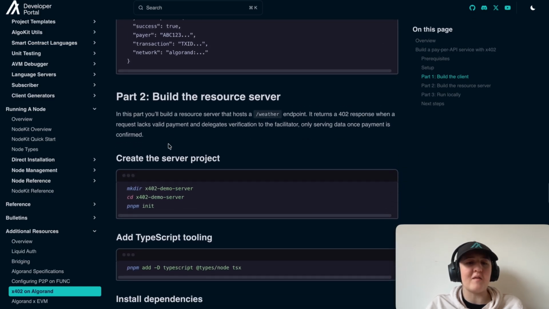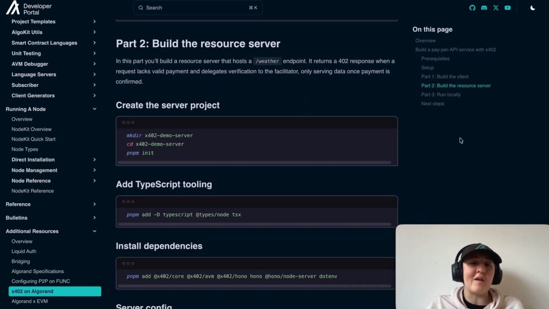And now we're into part 2, build a resource server. In this part, you'll build a resource server that hosts a weather endpoint. It returns a 402 response when a request lacks valid payment, and delegates verification to the facilitator, only serving data once